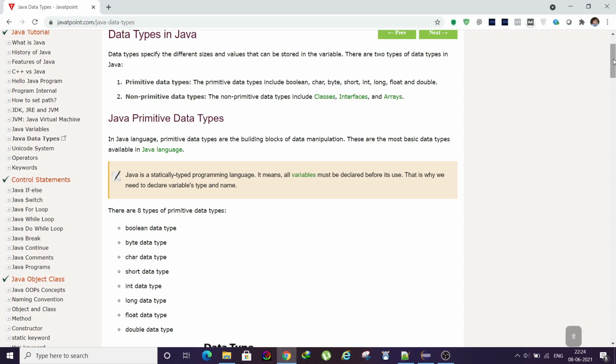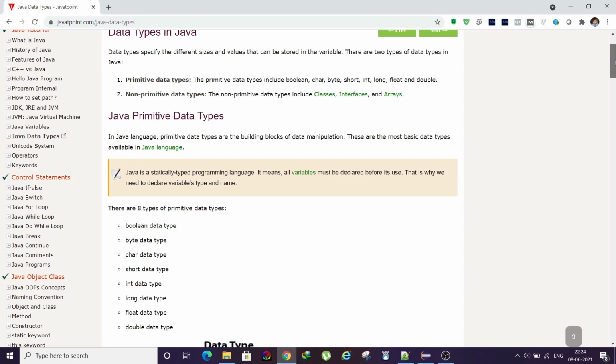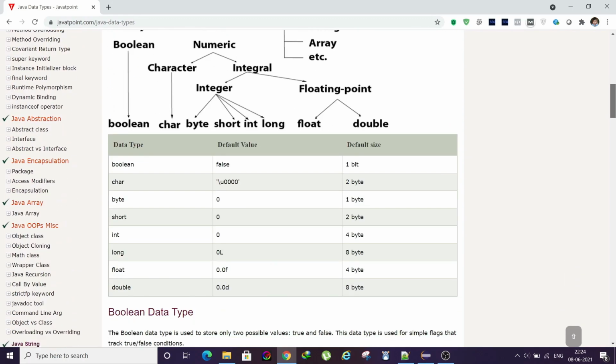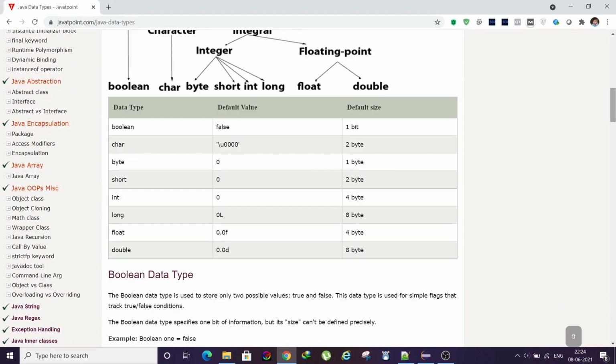As we progress in our course, we'll see better practical examples of these data types. For today's lesson, we will limit it to primitive data types, and for non-primitive, we will see arrays.